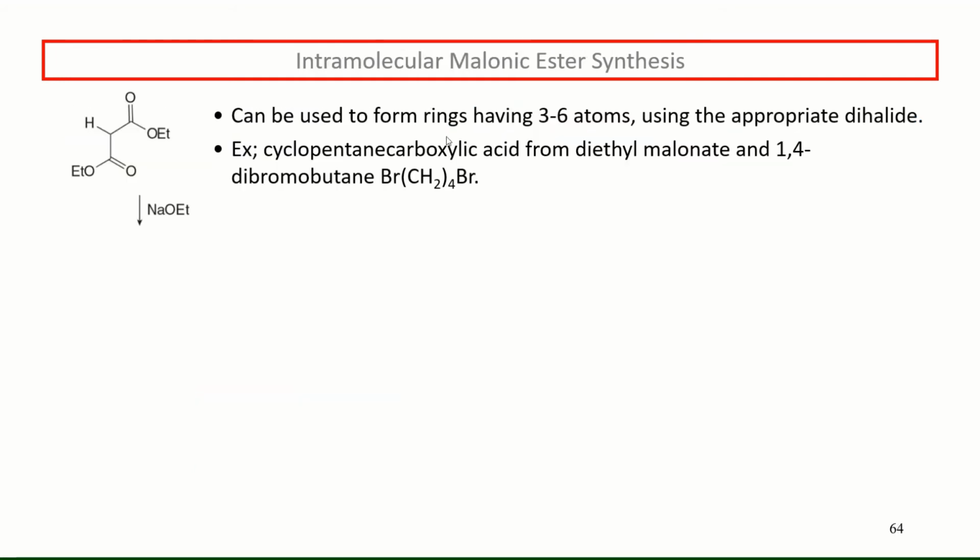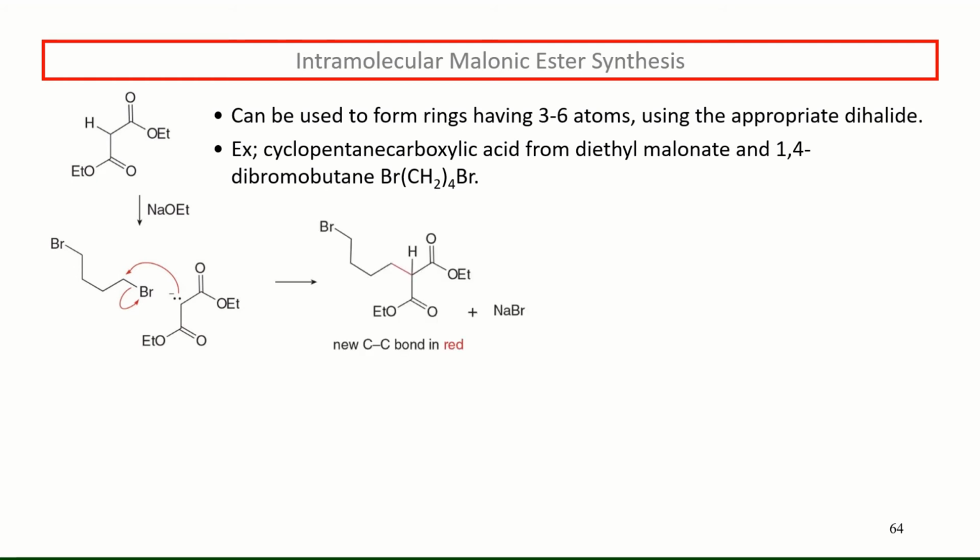Intramolecular malonic ester synthesis can be used to generate cyclic carboxylic acids. So herein, if we use 1,4-dibromobutane, and we deprotonate our malonic ester, then of course we can attack this dihalide. The first attack would realize this substituted species, but we still have this halide present, and therefore deprotonation of the other alpha carbon realizes an intramolecular attack,